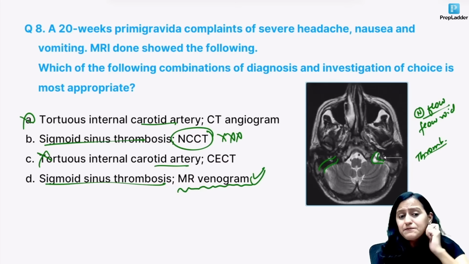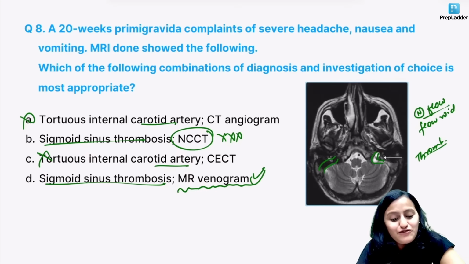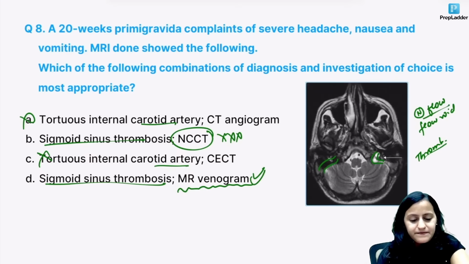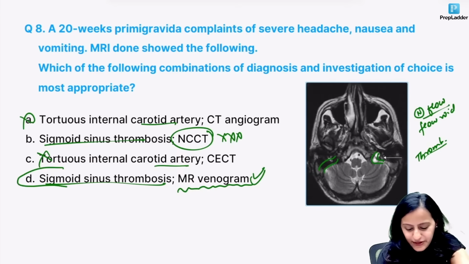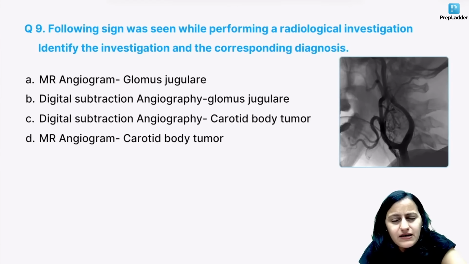Okay. Ayyappan, do you have the query in this question or the last question? D is for the previous question or this question? So for acute hemorrhage, for calcifications, we do non-contrast CT. This question, yes, this is going to be the answer here. MR venogram. Going to the next one.